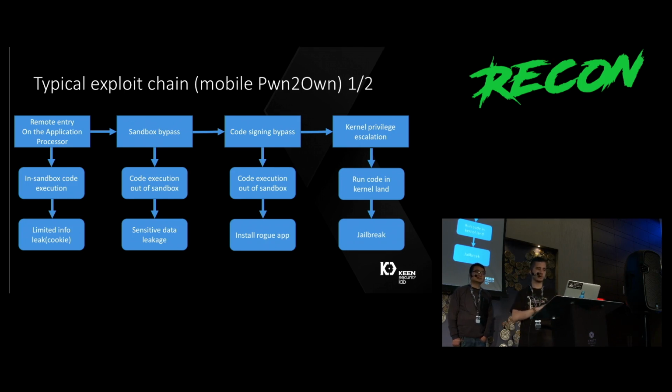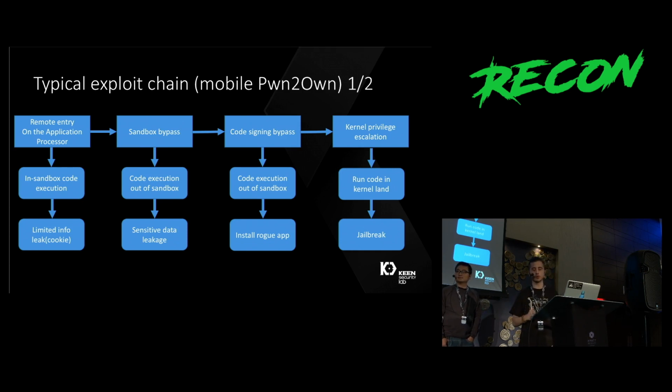Because a modern device has multiple processors. There is the application processor, which runs your browser and your application. And then there is some Wi-Fi chip or baseband chip that runs another real-time system. So it's a totally different environment. So in this type of exploit chain, you get code execution in some sandbox environment, such as the browser. And then you need to escape the sandbox by using a different bug and achieve code execution outside the sandbox,